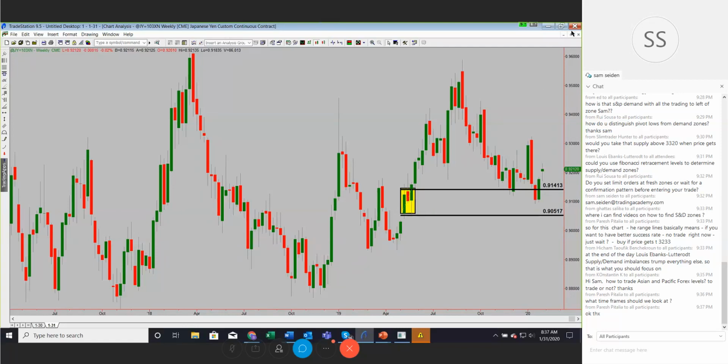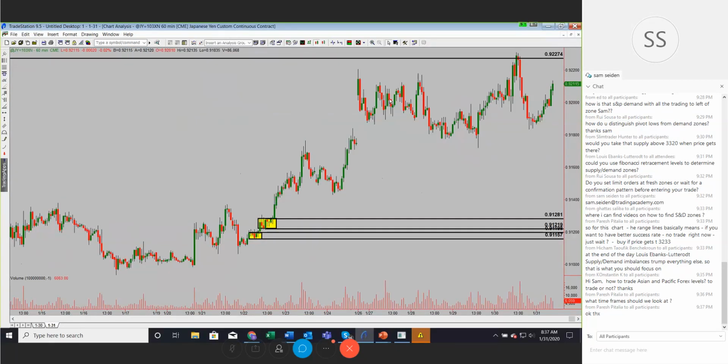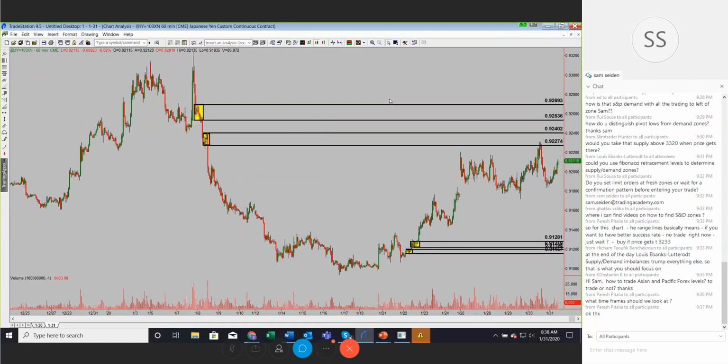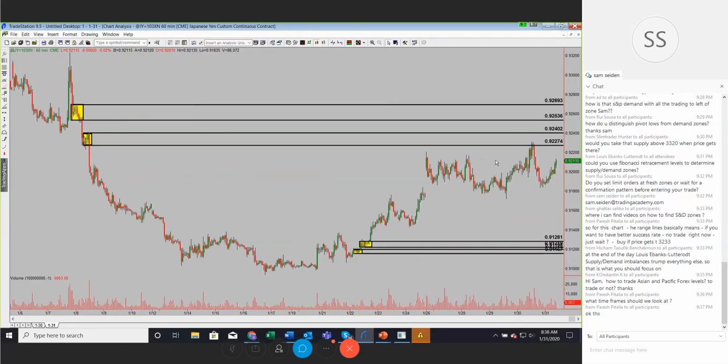All right, and there it is. But at the same time, even though we're rattling off larger time frame demand, we do have these two supply zones that we found on the 60-minute charts. This is a level right out of our sessions. And the 60-minute chart of the yen, we're looking at the yen futures here, by the way, but you can see the same thing on the spot. Price recently turned around 92.27. That's our supply zone here.